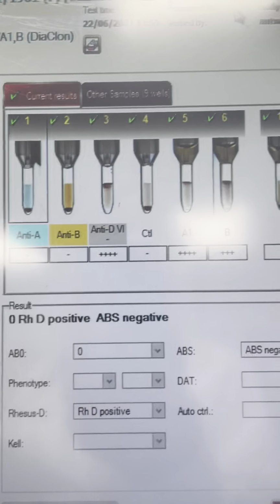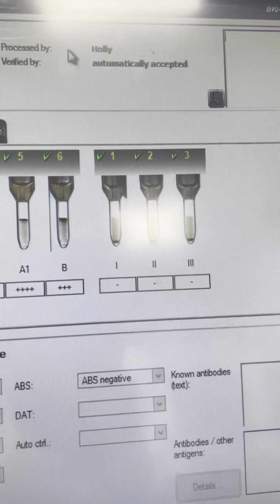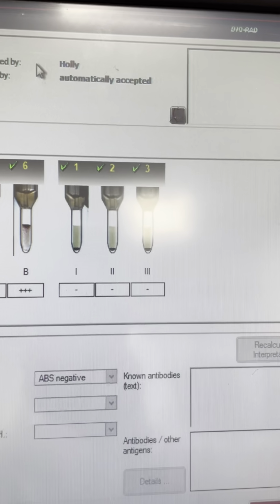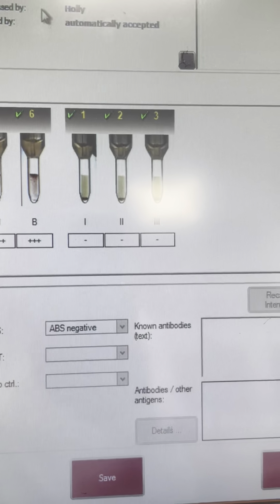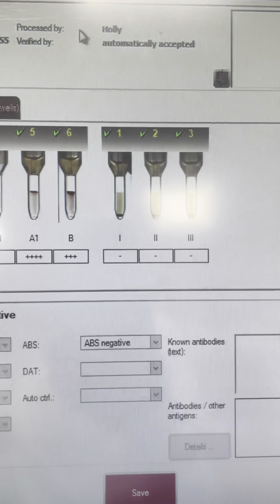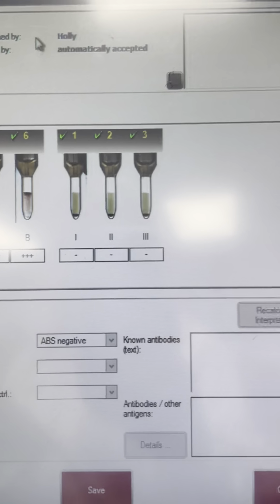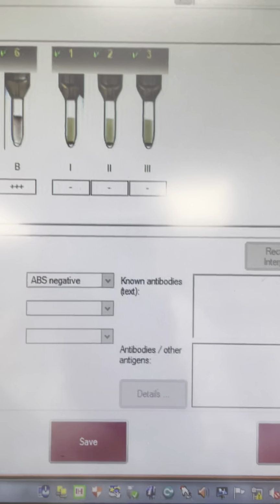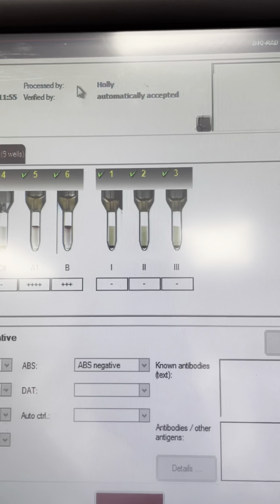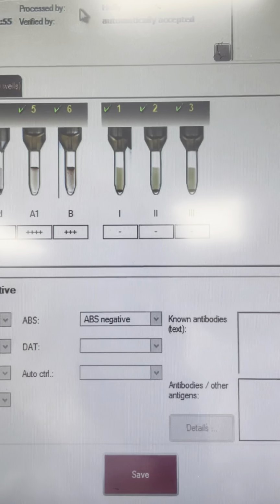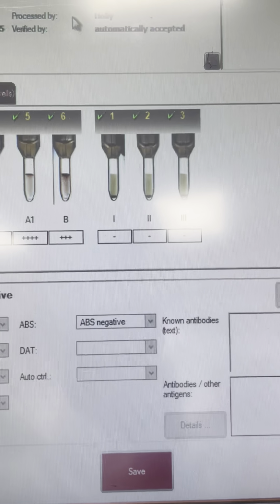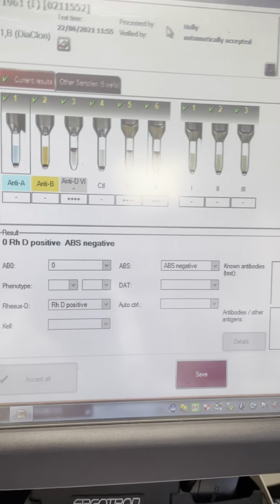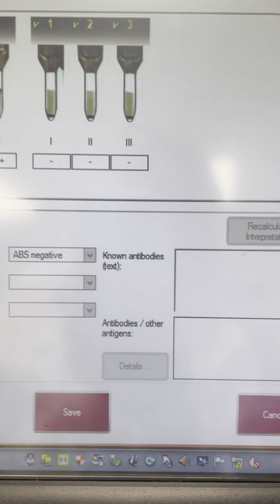So along with that, we do perform a basic antibody screen where we detect IgG antibodies which may be present in the patient's plasma. In cases where there are IgG antibodies present, they will react with some of the antigens on the screening cells. So if it's a new antibody or one not identified before, we would perform further testing, which would be an I-18 enzyme panel, and this would be to try and identify what the antibody is,